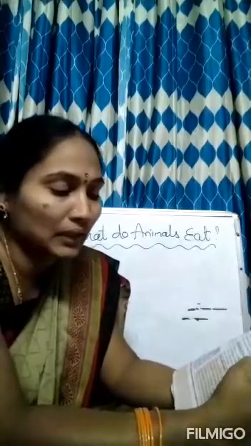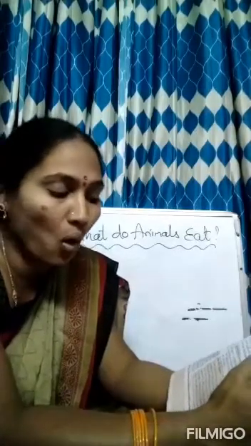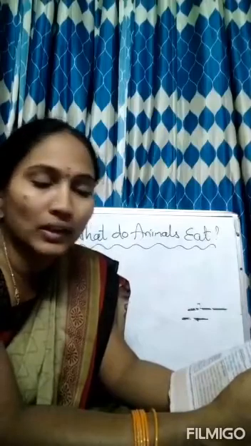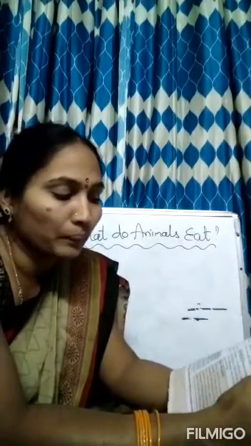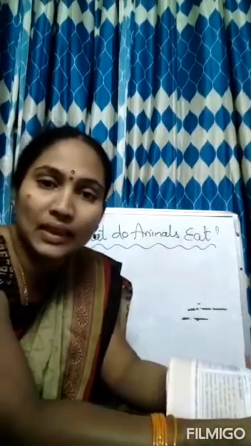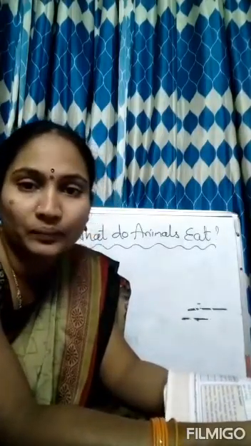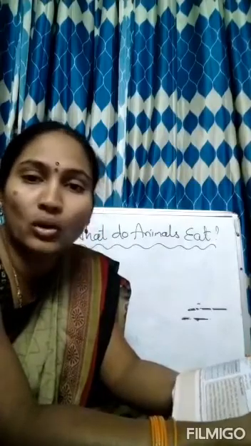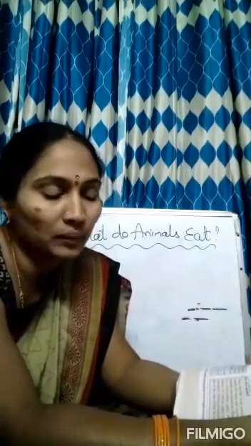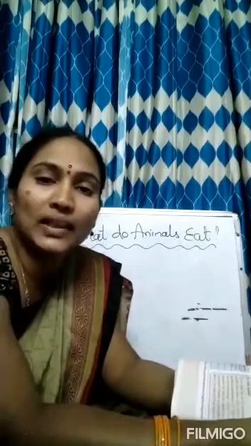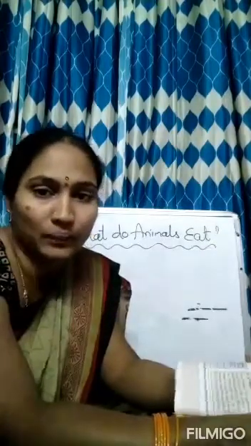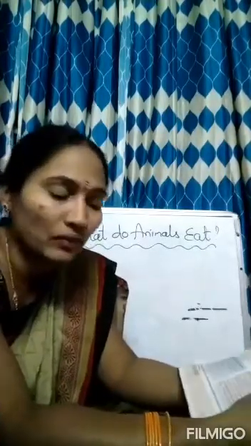While the hummingbird that sucks nectar would need a long thin beak and does not need sharp claws. Why? Because hummingbirds suck the nectar from the flowers. If they have strong sharp claws, they cannot hold the plant, they cannot stand on the plant. For this reason they need a long thin beak so that they can suck the nectar from the flower.